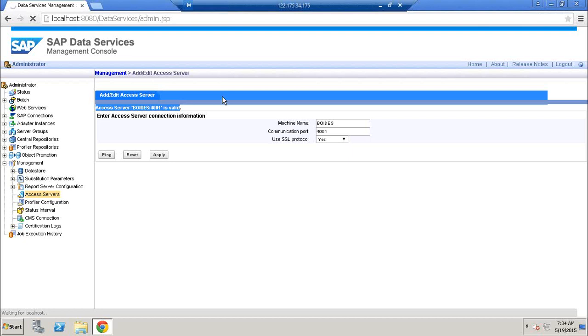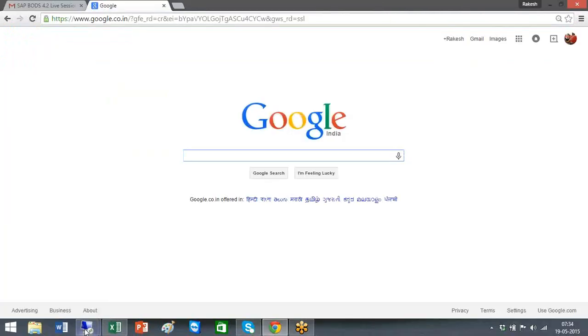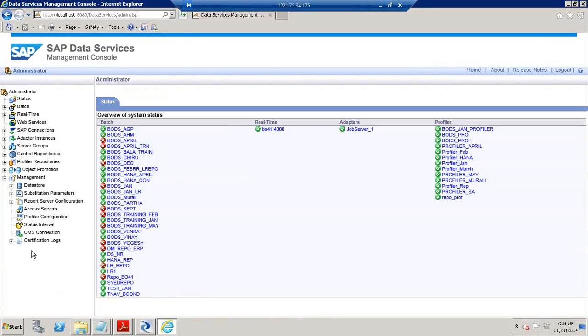Right, so I think this guy worked on it, but previously it used to throw an error. So without enabling this one, you will not be able to see the real time here. So there are a series of steps that you need to do. One is go to your access server